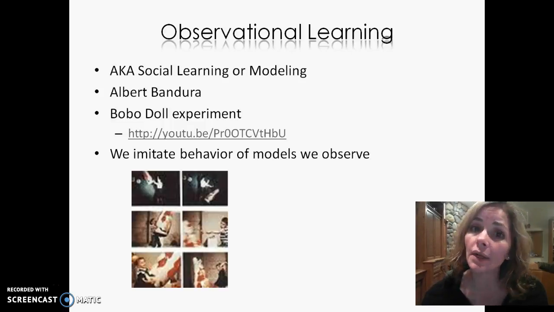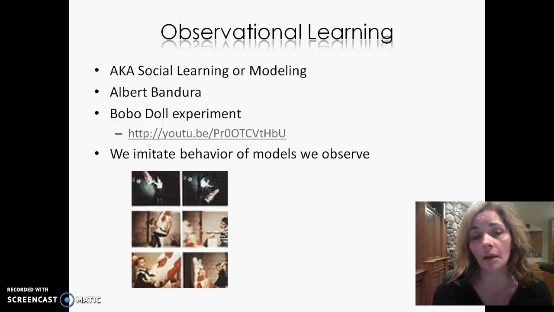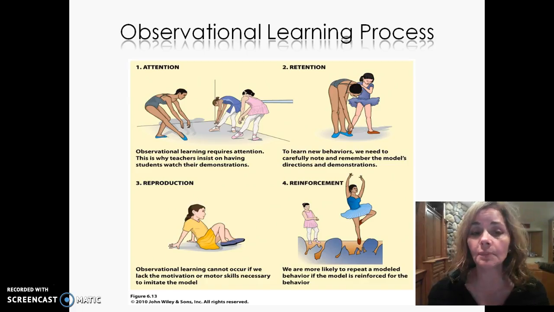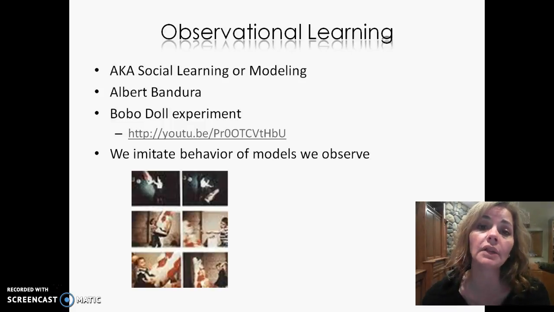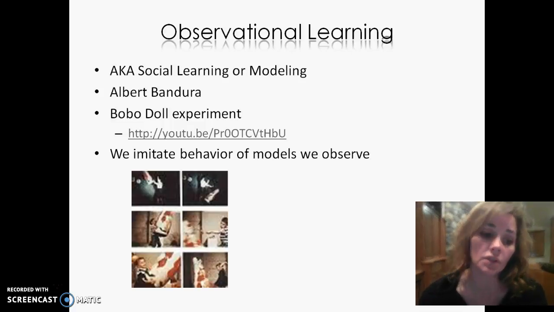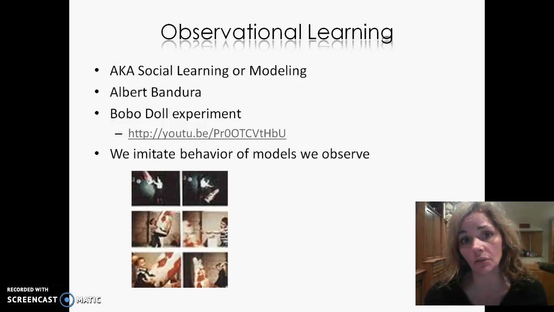But they also used toys that aren't supposed to be used for aggression, like a phone or a purse, to beat up on Bobo. So Bobo just really got pummeled by the children who were exposed to the aggressive modeling. This was our first experiment that really demonstrated observational learning. It came at a really interesting time, because television was thought to negatively influence children's behavior, and this laid the groundwork for the notion that watching aggressive TV can in fact lead to aggression in children.